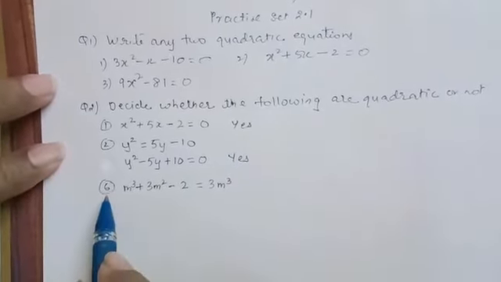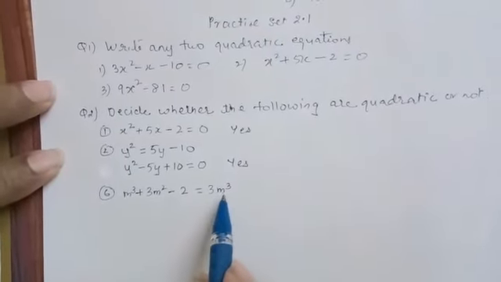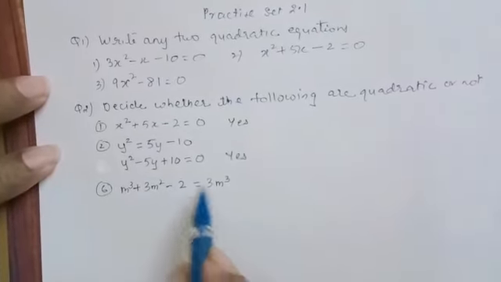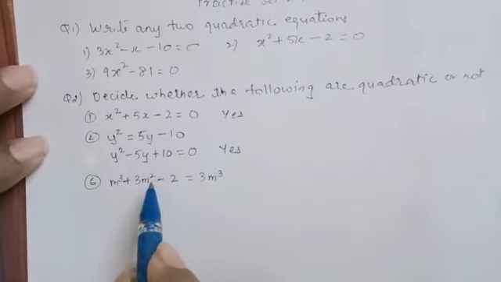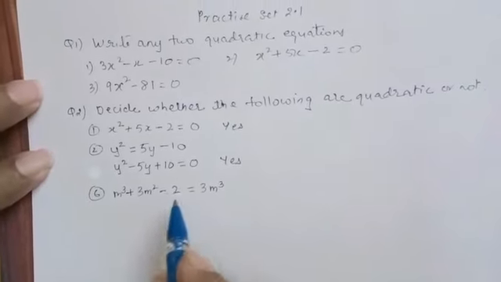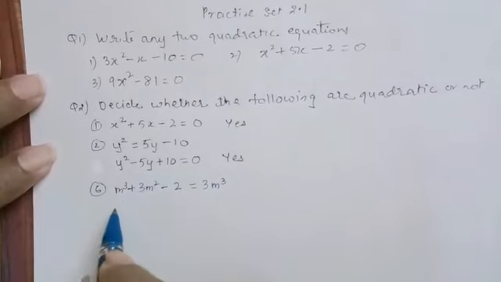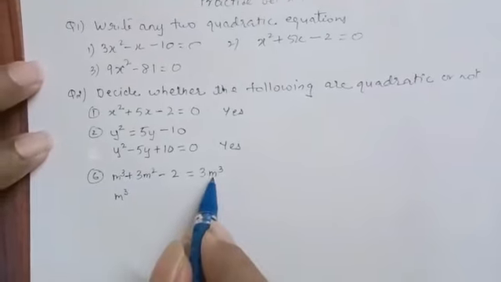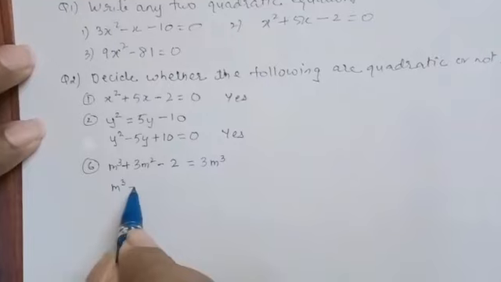Now moving on to example number 6, if we see both the sides there are m cube terms. So bringing all the terms to the left hand side, then solving it, then seeing whether the highest degree is 2 or not, we are going to decide whether it is a quadratic equation or not. So let us first take this term to the left hand side. I write m cube, the same here, now bringing this 3m cube to the left hand side,